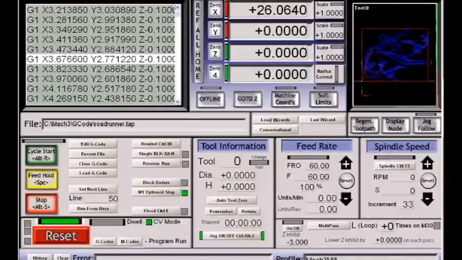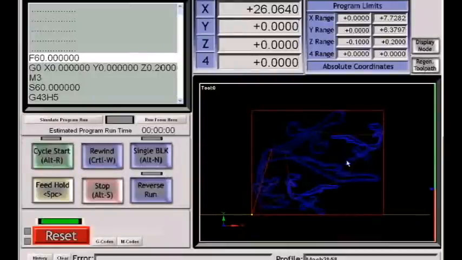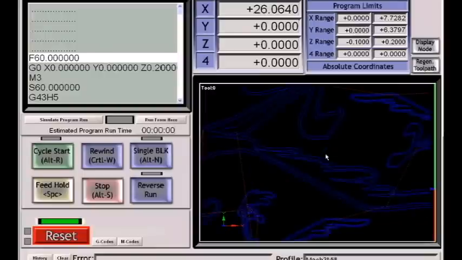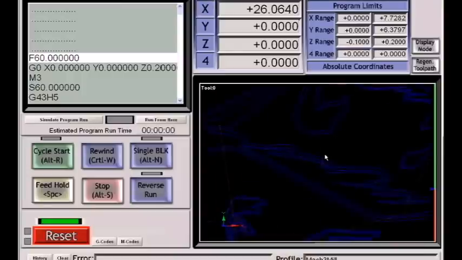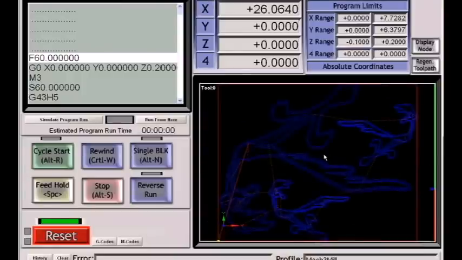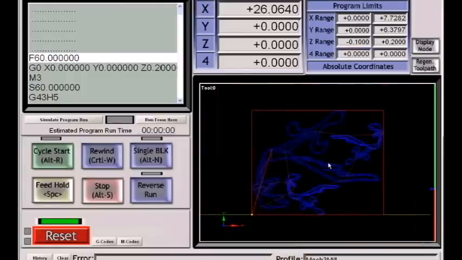We can take a closer look at that toolpath by going to the Toolpath window. Now you can see, once I've clicked in the window, if I rotate my mouse wheel, I'm zooming in and zooming out. Double-clicking resets us. You can see the dashed lines are rapid moves between cutting segments. The dark blue lines are actual G1 feed lines, and if there were light blue lines here, those would be